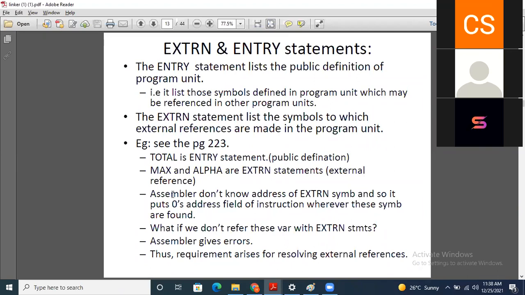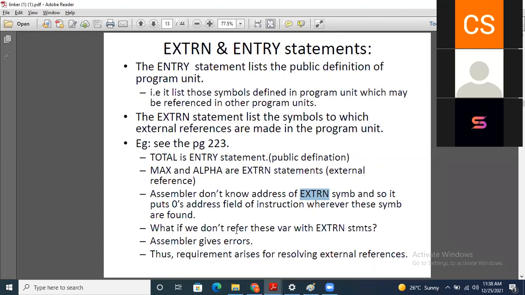So some points are given: the assembler doesn't know the address of an external symbol, because these are present in another program, so it puts zero in the address field of the instruction wherever the symbol address is not found.